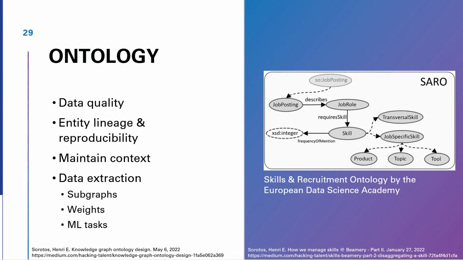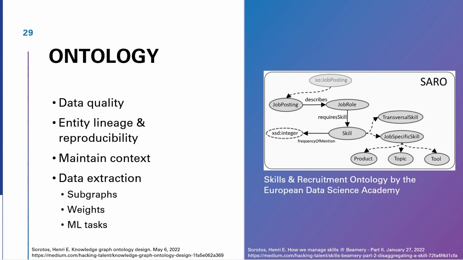Now, to get back into the graph side of things, I need to explain a little bit on how we structured our graph. And this is going back to the ontology. This matters because we want to maintain the correct context and understand the lineage of how people got from A to B to C. And this was specific to our use case, as is just about every ontology, because we need to make sure that we can extract the data, run the machine algorithms that are relevant to the problems that are being asked of our business.